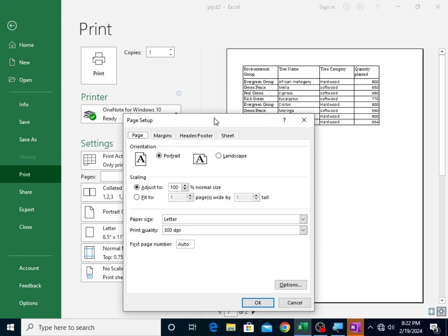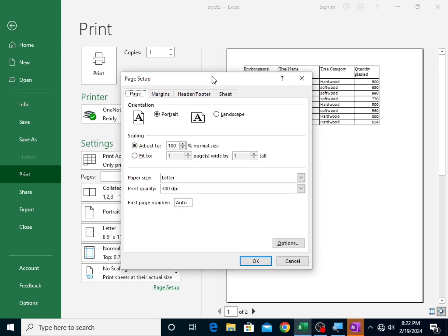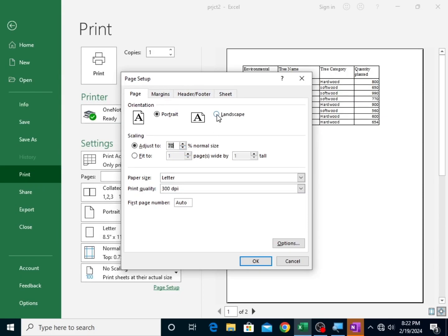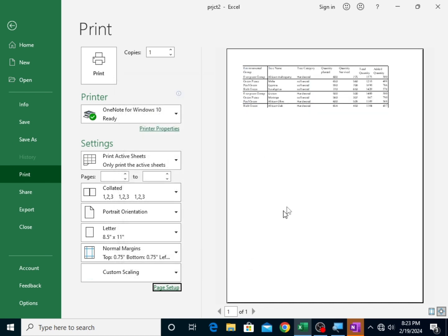Now there is a Page Setup dialog box, which is here. Then we have to adjust here. We can adjust it to 70% of normal size, like that. Then from there you can either choose landscape or work with portrait, but I'll work with portrait. Then you click OK. So now if you check on our worksheet, the whole data is already covered in our